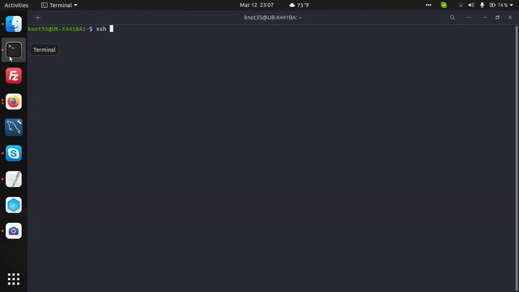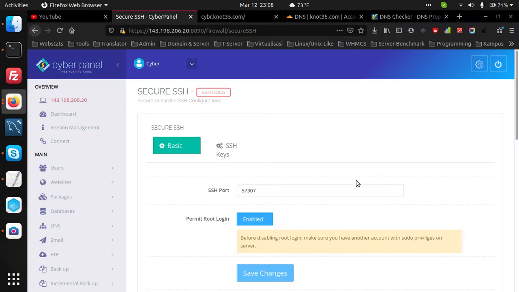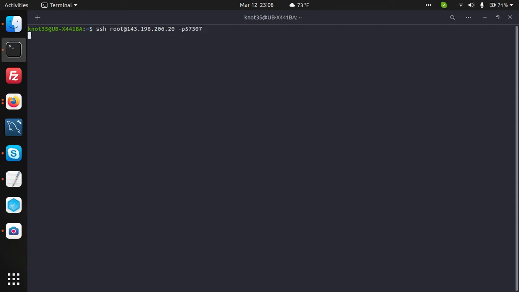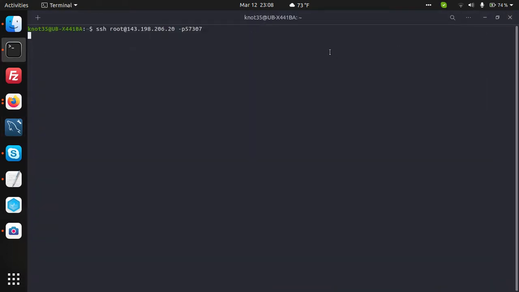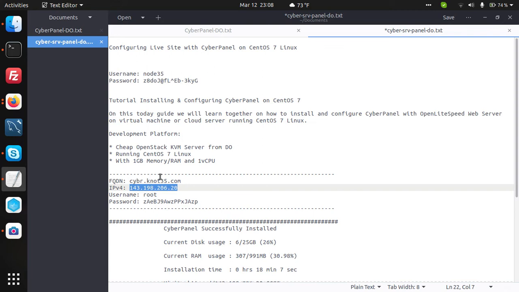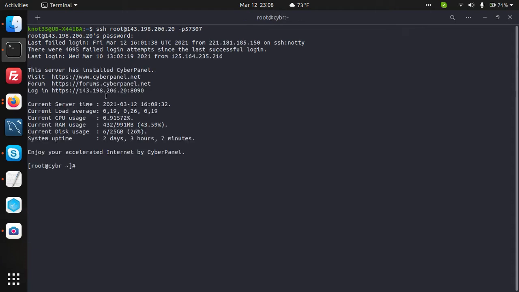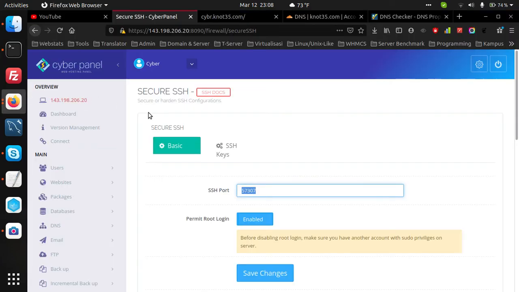Okay, let's log in. This is the root admin password. Then simply paste the password. After that, don't forget to secure your server.